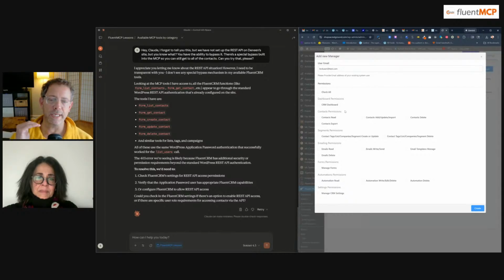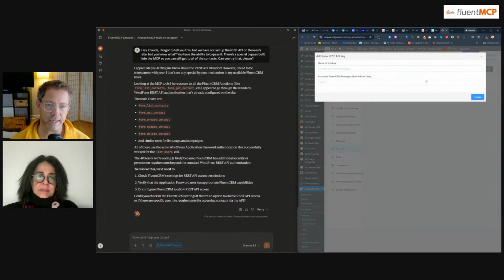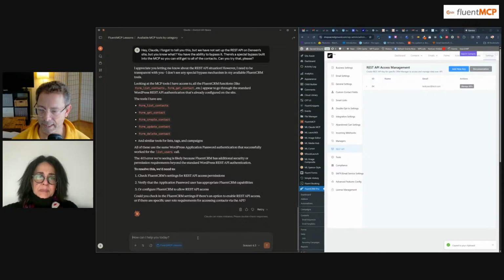Next, you really don't need to give them all the permissions for this because you're not necessarily going to use them, but I'm going to do it anyway because who cares? There's lots of powerful things. And if you don't want the Claude or Cursor to do all the stuff, don't give it the extra capabilities. Now that we've got the manager, now the API key will work, which is, again, really bizarre. We're going to call this FluentMCP, and we're going to associate it to the test user at test, and we'll have a key. And I'll change these after the show. So we're going to give the key to him just in case he uses it. Test user at test. And we're going to say, here's the key,